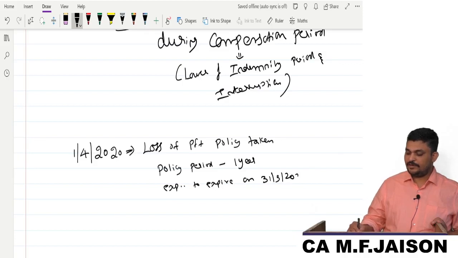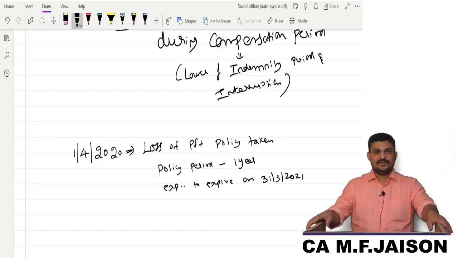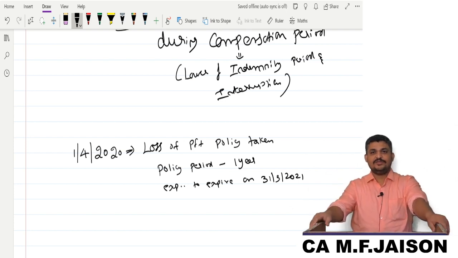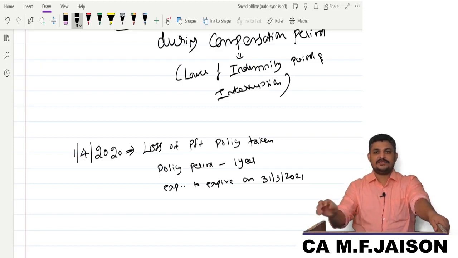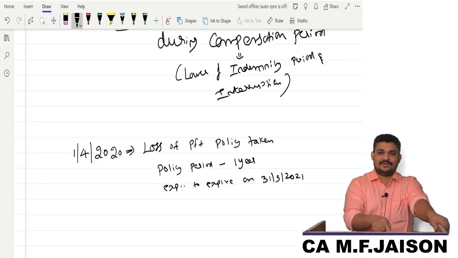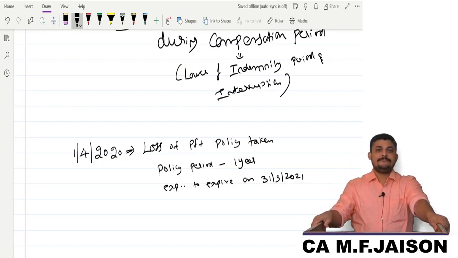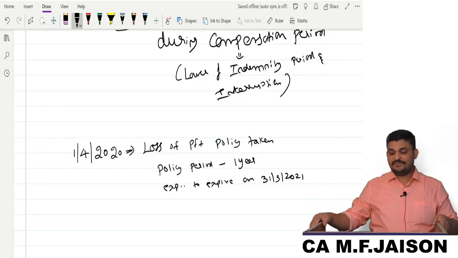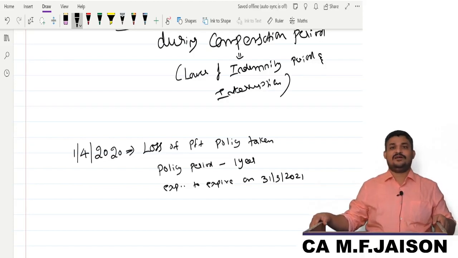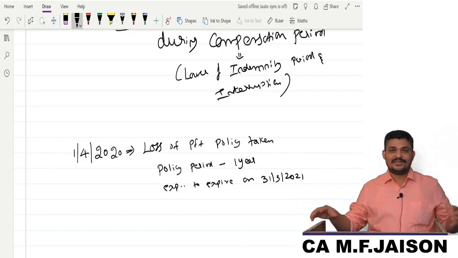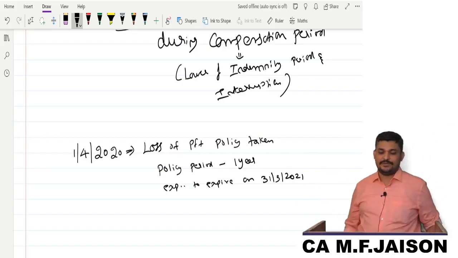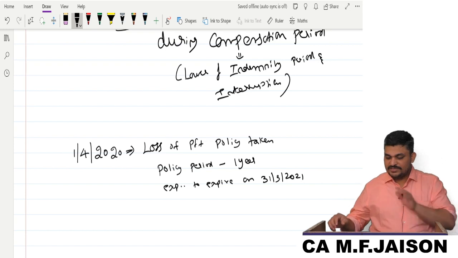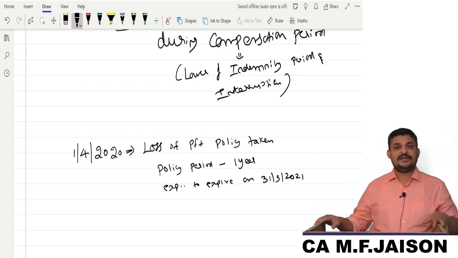31st March 2021. See, if you have taken general insurance for your bike or car, whatever you use, you go and take the insurance document. In your document, it will be very clearly mentioned from the date of insurance, not necessarily always on 1st April. It could be whenever you take. From that date till 12 months expiry date, they would also mention midnight 12 o'clock, so 1/4/2020 to 31st March 2021, midnight 12 o'clock, because there should not be any controversy later on. So, this is the period of coverage.